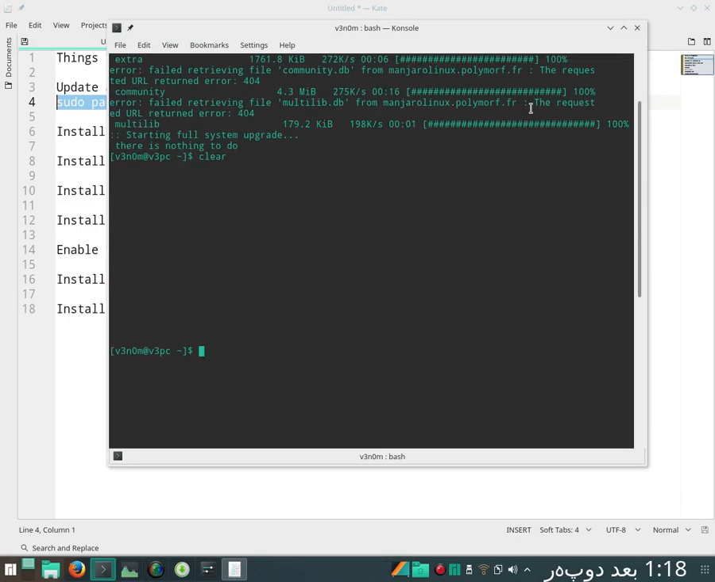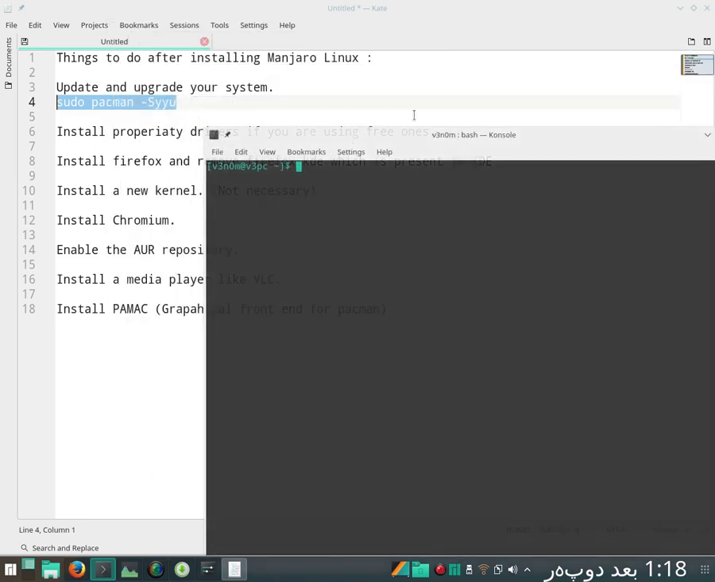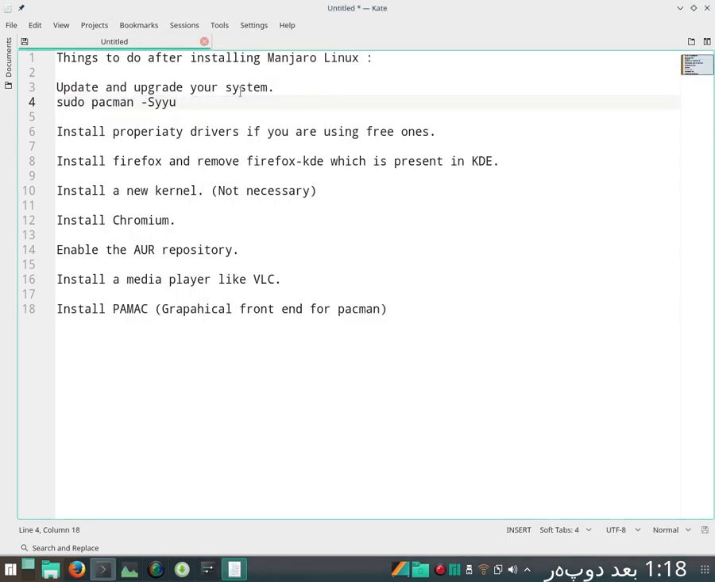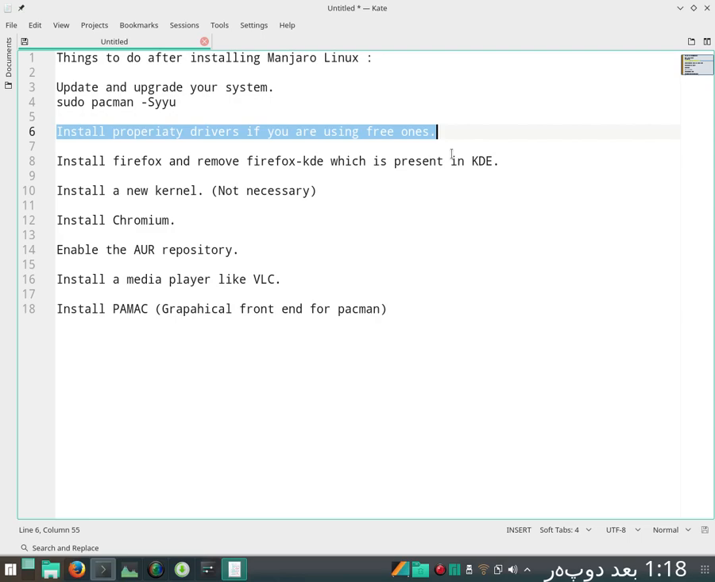System is already updated. So the next thing you would want to do is to install proprietary drivers. So what are proprietary drivers? If you are new to Linux, you might not know. If you are old, you would already know what proprietary drivers are. Proprietary drivers are the non-free drivers, or the drivers that are closed source, that are usually developed by the makers